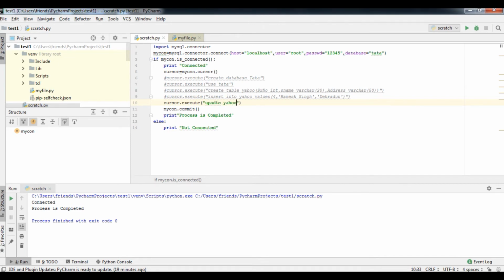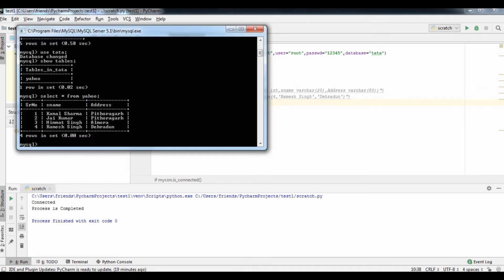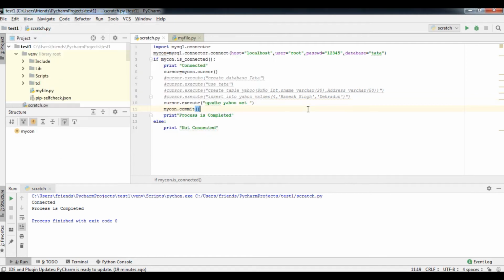Here the table name is Yahoo. Set, what am I going to set here? So once we have to see what are the attributes of the table, that is S name. So come back here, S name equal to, within single quotes, because we are using the quotes in an alternative way. We can't use double quotes again because it will definitely create an error for me. So I will use single quote, then after that double quote. You can see here. And now student, here I am going to provide the person name as my desirable name,